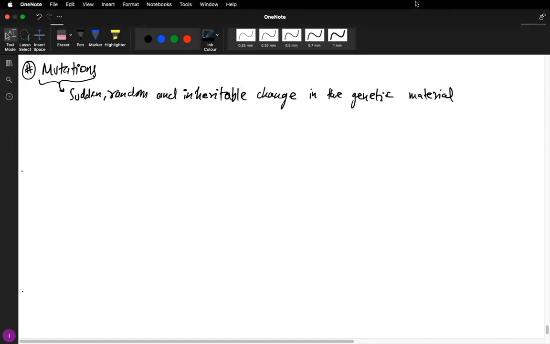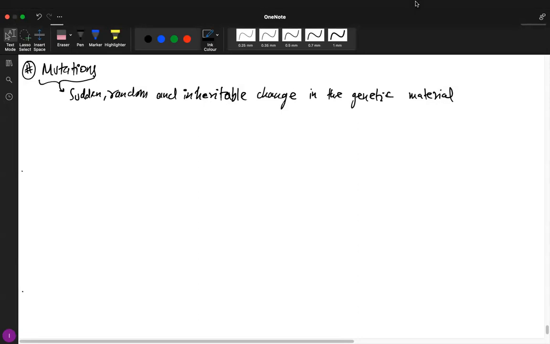Then why do we never get to know of them? Because those mutations are lethal. An organism will not even survive, or the cell will not even survive, or the embryo will not even survive. So they never come to light and we never study and discover them. Only mutations which are sometimes beneficial get selected in the organism's population and continue to be passed on from